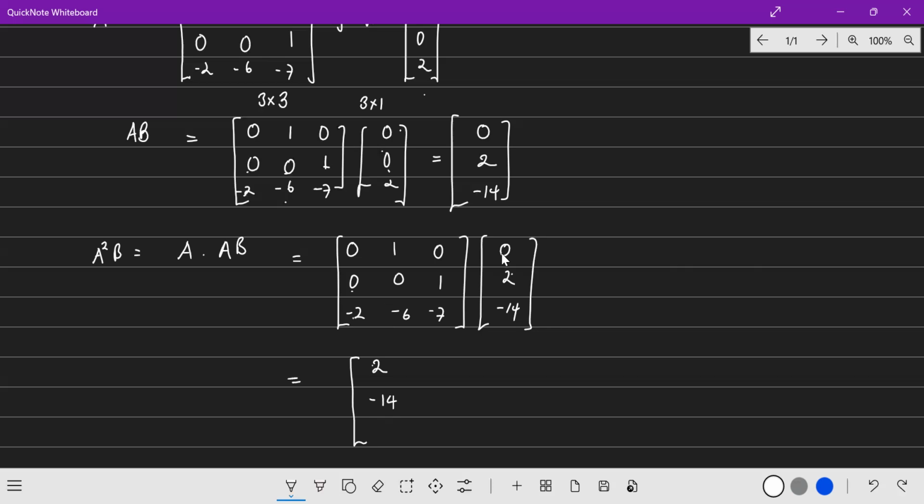And then finally, -2 by 0, that is 0. -6 by 2, that is negative. And then we also have the other value there, which is the